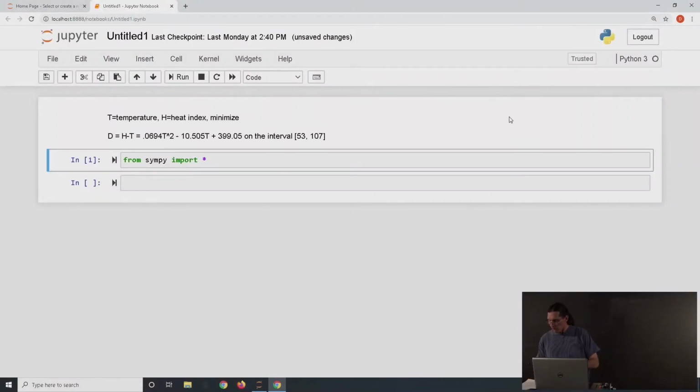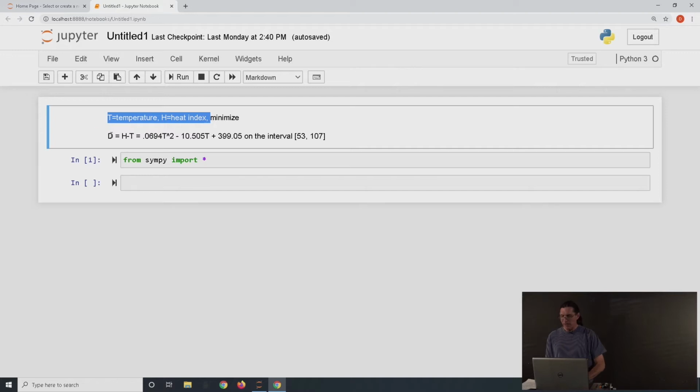In this example, we find the maximum or minimum value of a function on a closed bounded interval. Suppose the relative humidity in College Station on a given June day is 70%. According to meteorology models, the difference between the actual temperature, capital T, and the heat index, capital H, is approximately given by, we'll call it capital D, H minus T, is 0.0694 T squared minus 10.505 times T plus